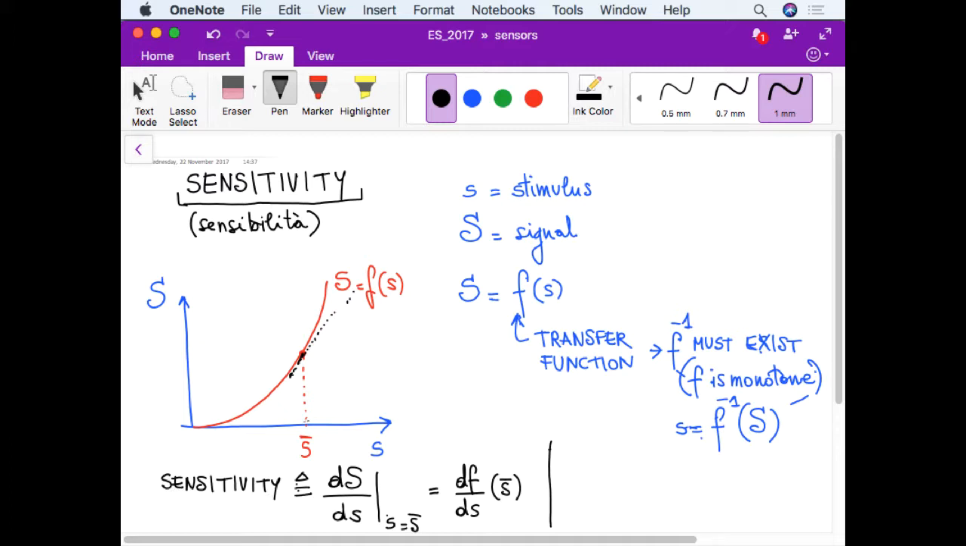So let's say, in intuitive terms, the sensor is sensitive if a small variation in the stimulus yields a large variation of the signal. So if this derivative is large. Actually, what is more used is the so-called relative sensitivity,